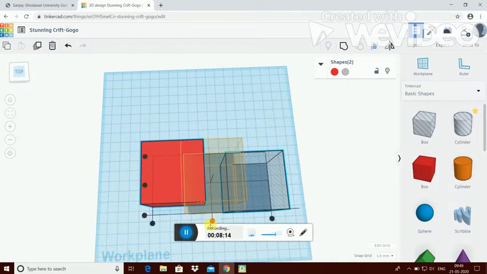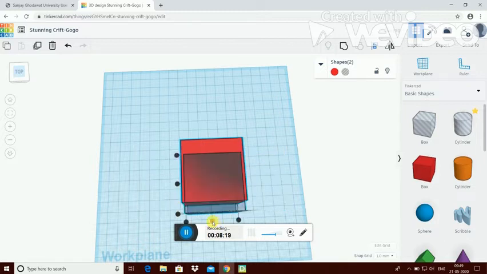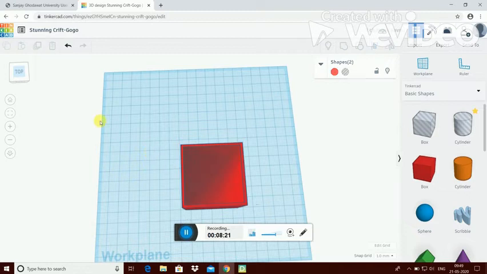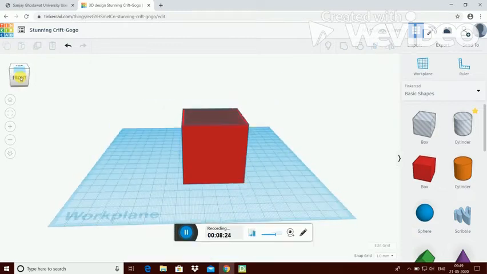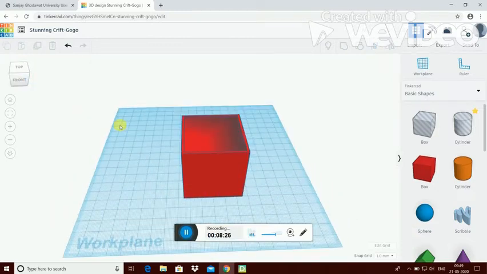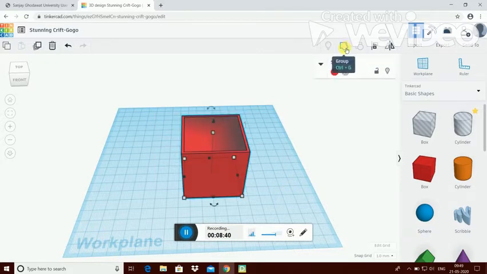You can see some black dots. Whichever centered black dots are there, just click on them, 1, 2. Now you can see that it is exactly centered. Now we have two objects, one hole box and one solid box, and we have to make them one. We have to group them together. So select all and click Group, or type Control G from the keyboard. See, I am just doing Group here.